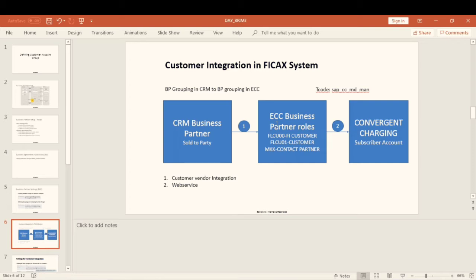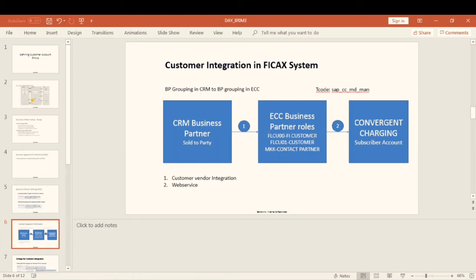In the ECC system, in order to implement the BRIM solution, as I have told you, it should have the contract partner role MKK, the customer role FLCU01, and the FI role, finance customer, FLCU00.